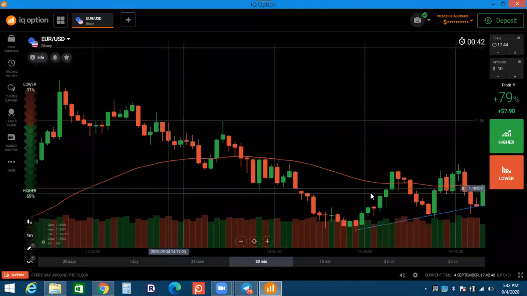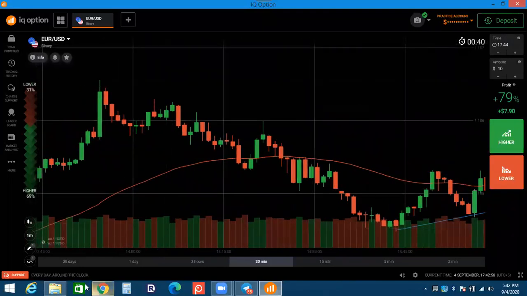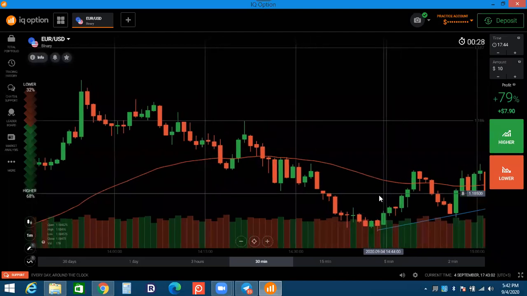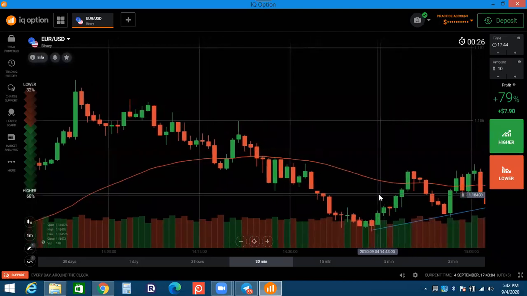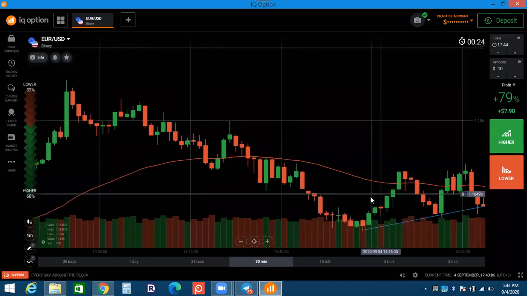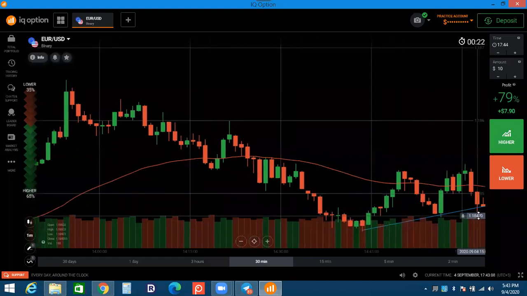Okay, like this one. So the market is here. We don't know what is next. We just take a line from point number A to point number B. Now we are waiting for what the market is doing. Okay, the market is coming down and touching the level. So we are not taking a trade on the rejection. We are not taking a reversal trade, because sometimes reversals don't work on the trend line.